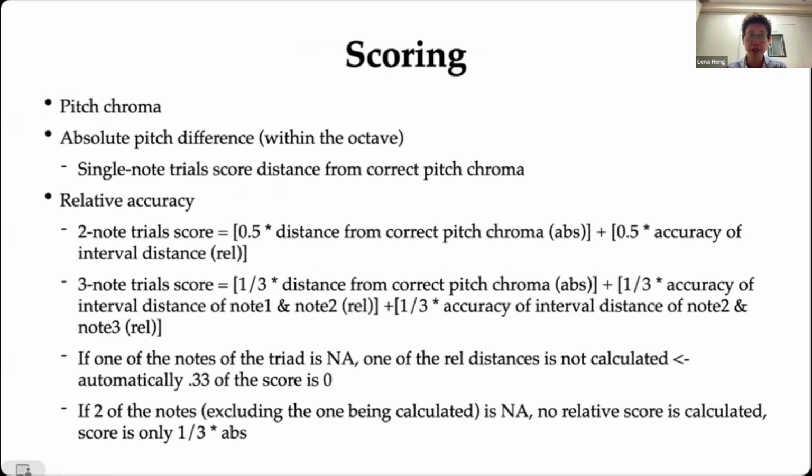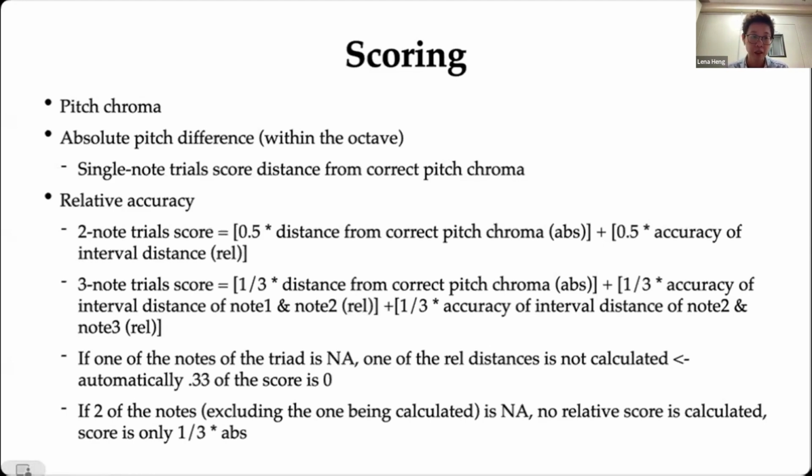For multi-note trials, we take their distance from the correct pitch chroma together with accuracy of their intervals between notes. This is the weight we have currently assigned for relative and absolute accuracy. So 50% each for 2-note trials, 1/3 for absolute and 2/3 for relative in 3-note trials, and so on. However, this can be easily adjusted based on whatever is needed and whatever one feels is more important in that